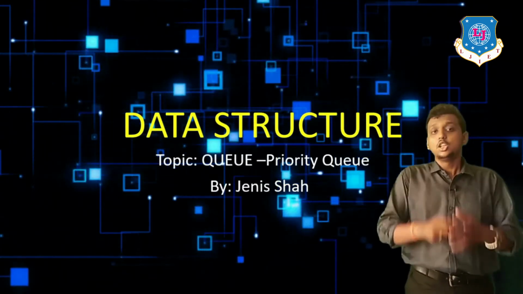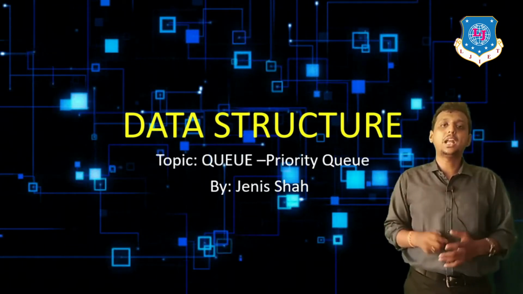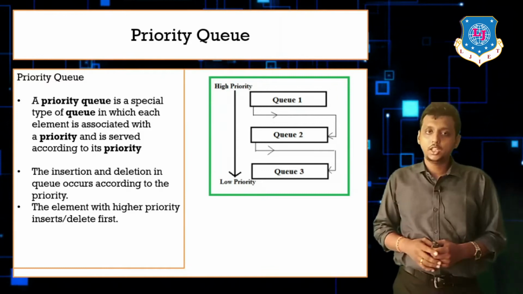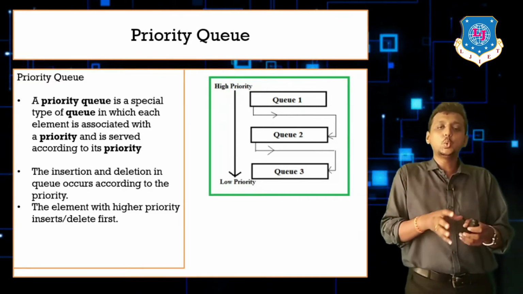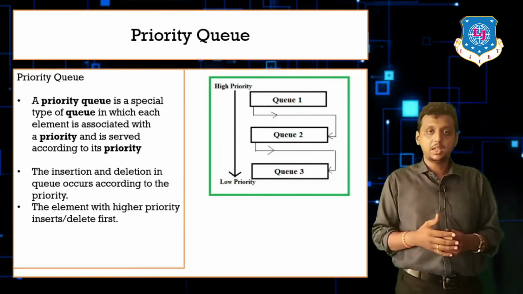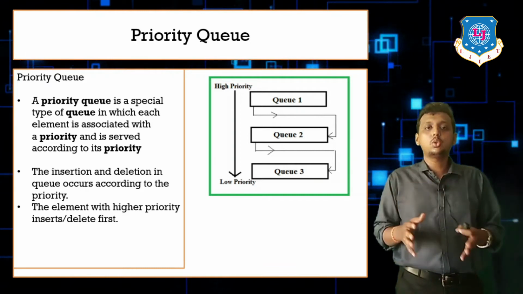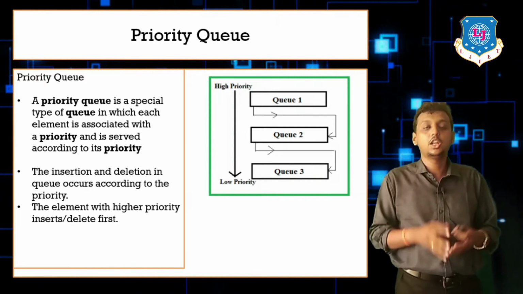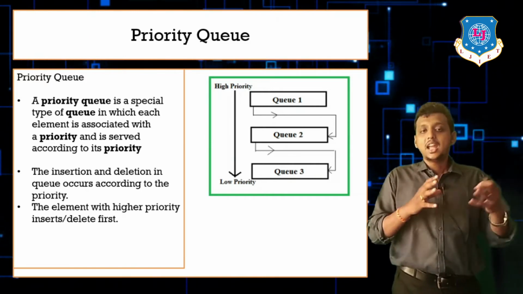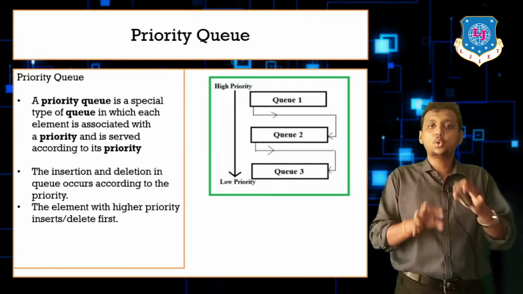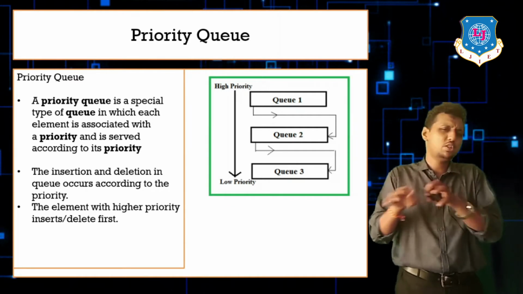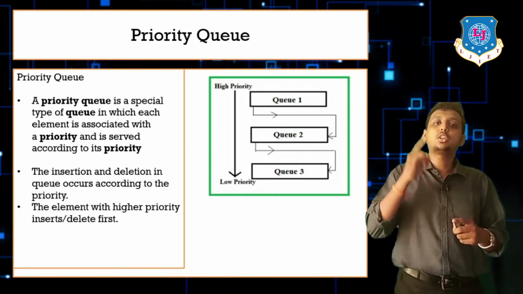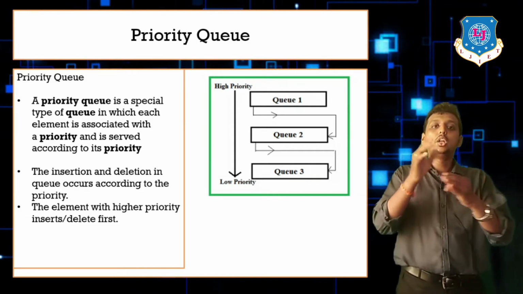So let's begin to understand the concept of the priority queue. Students, this is all about the priority queue. Have you ever tried to do an online payment? Just imagine a situation that in your computer you are playing music in Windows Media Player or VLC Media Player, and simultaneously you are running your programming code in Java or NetBeans or anything else. At the same time, students, you click on the browser and do some online payment